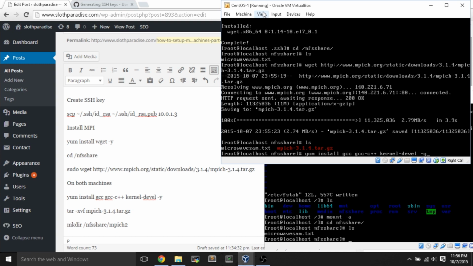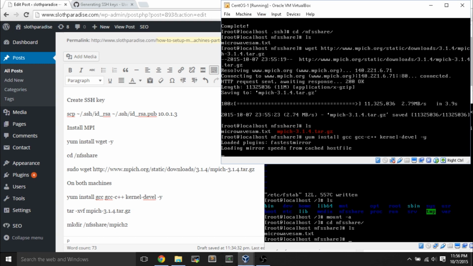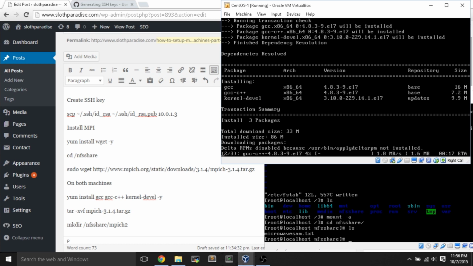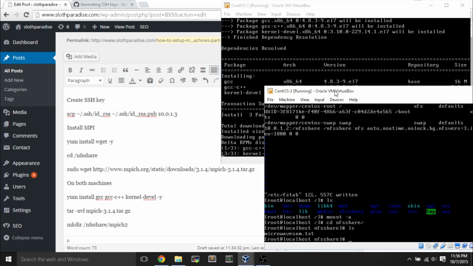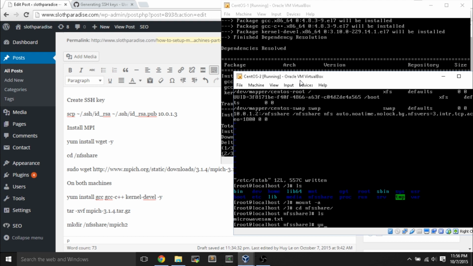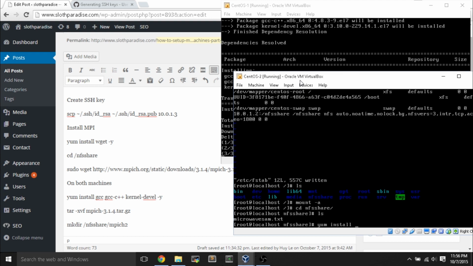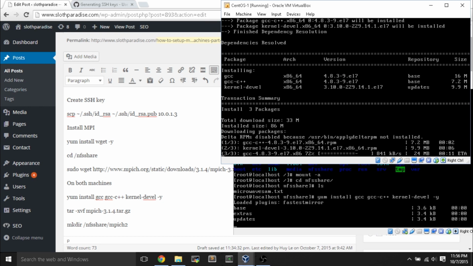We add a -y at the end. We hit enter, and that will install on machine number 1. And on machine number 2, we want to do the same command,